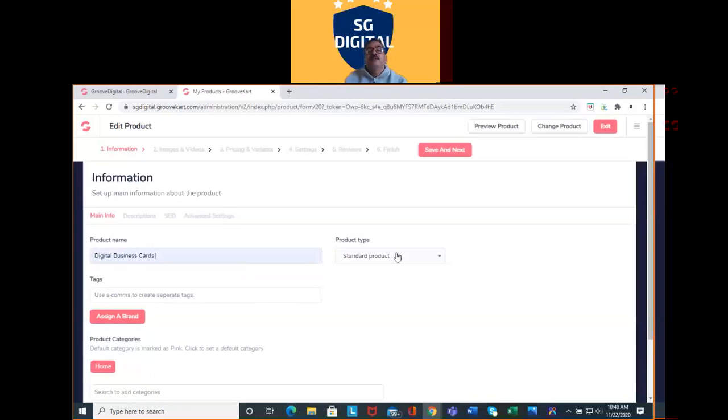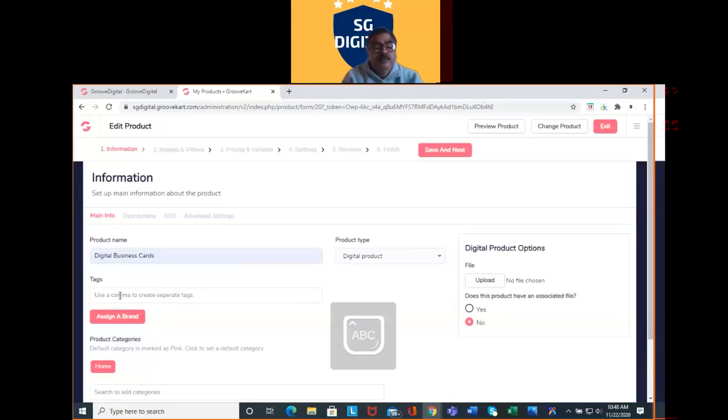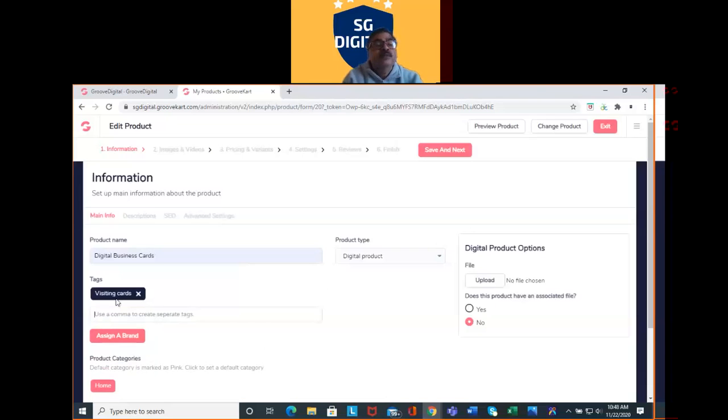Okay, this will be our digital product. We will give the tag here. So the tag for digital visiting card will be the visiting cards. Next one we will give lead generation.